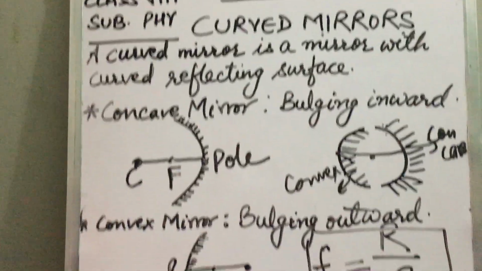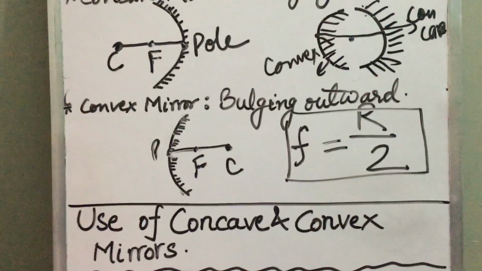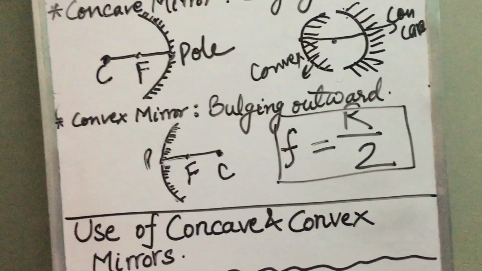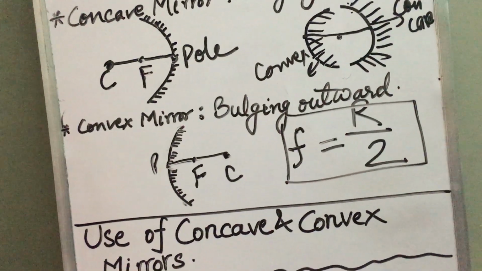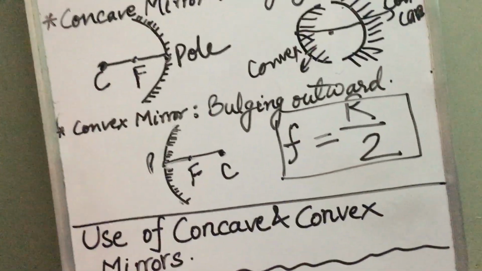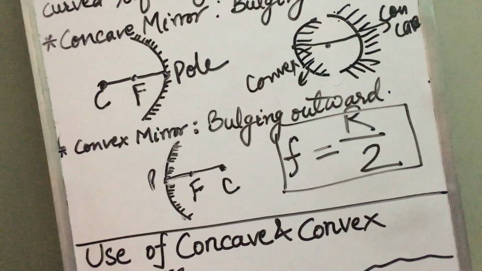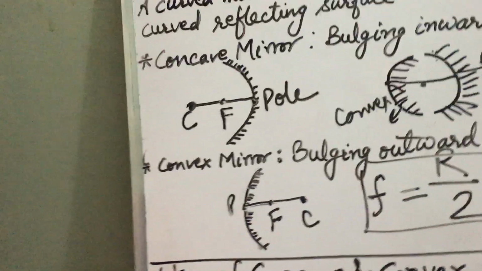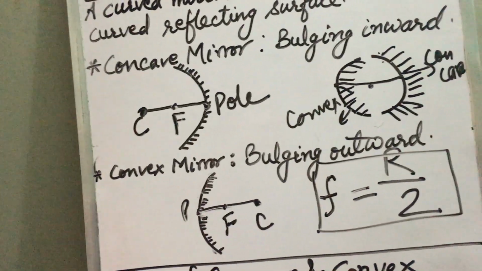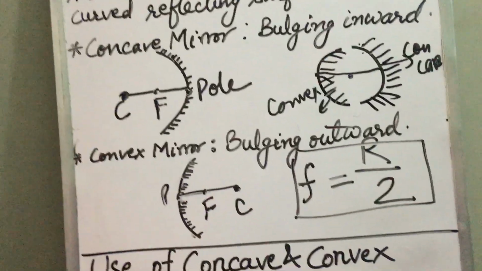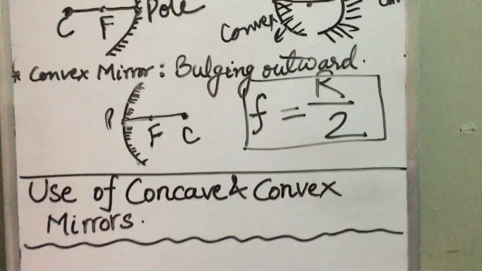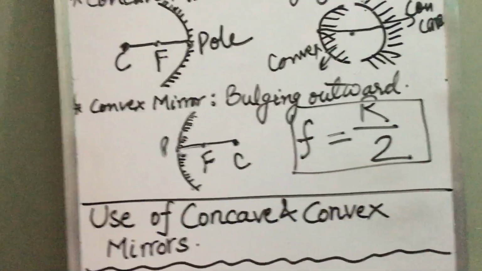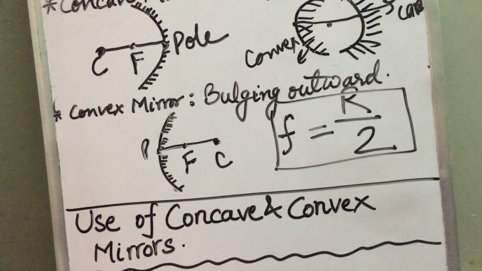Now, uses of convex mirror. What are the different uses of convex mirrors? You have seen sunglasses. They are used in making lenses of sunglasses and also used in magnifying glasses. If you have a magnifying glass with you, that magnifying glass is actually a convex mirror, because convex mirror always gives a magnified image. After that, if you have a car, you have seen the side view mirror.